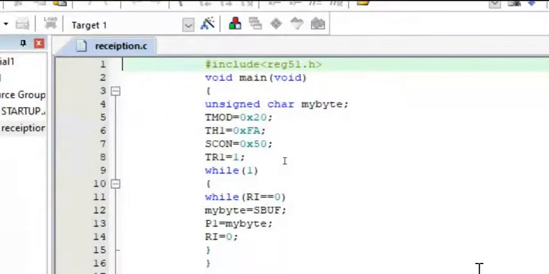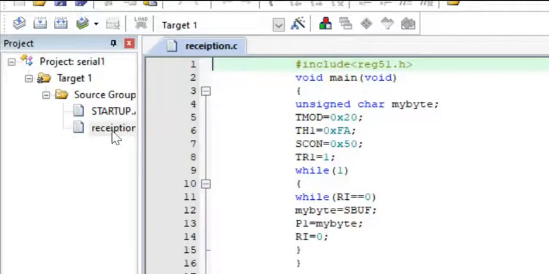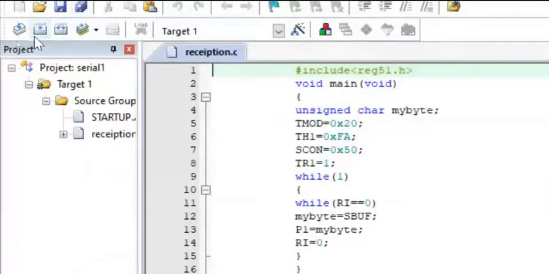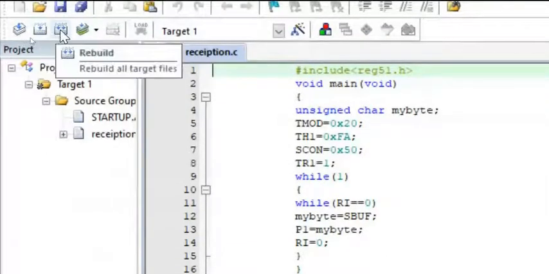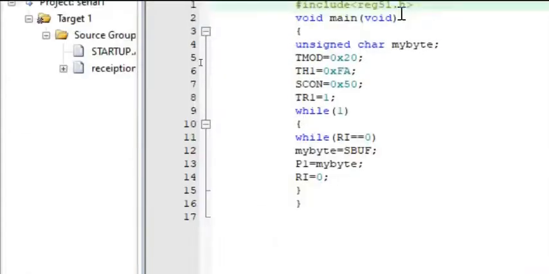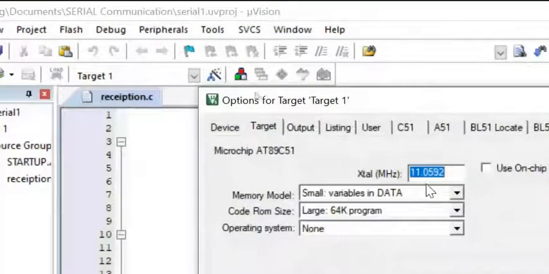Same code I have written, and the file name should have a .c extension, and add your file in the project. Translate, check for the errors, build, rebuild, check for the errors. And the important thing is your oscillator frequency, 11.0592.